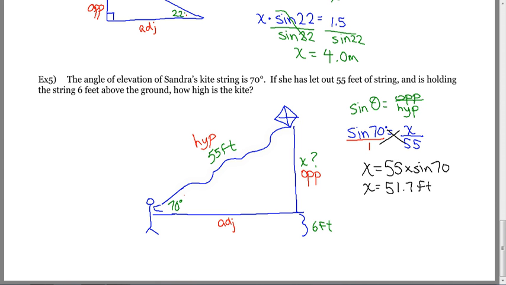Now that's only the opposite, but we have to account for that 6 feet. So what we do is just add it in. So our final answer is, plus our 6 feet, height equal to 57.7 feet. I hope that makes